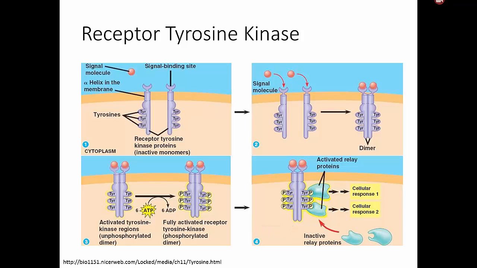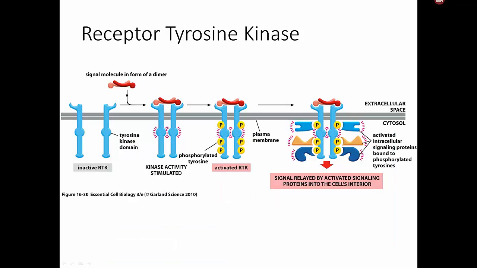The exception to this is insulin receptors, which are disulfide-linked dimers, and insulin binding to the extracellular domain leads to increased autophosphorylation of the cytoplasmic domain. It is possible for two ligands to create a dimer and then together bind two monomers or other ligand complexes to initiate receptor dimerization. For the purposes of this class, this diversity in RTK activation is brought up so you can start to appreciate